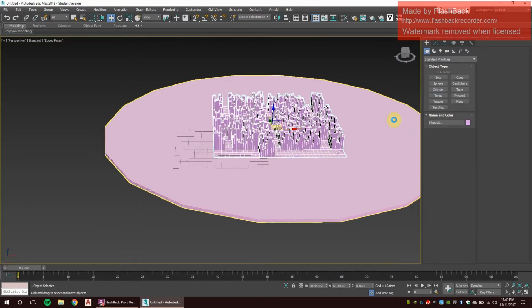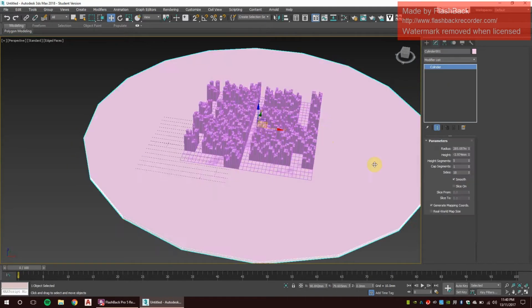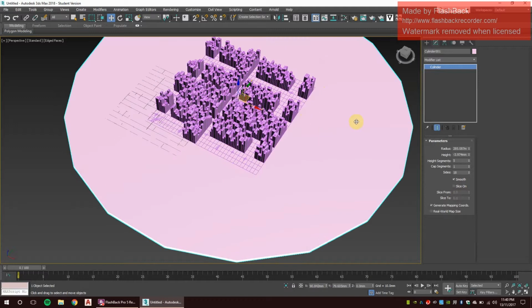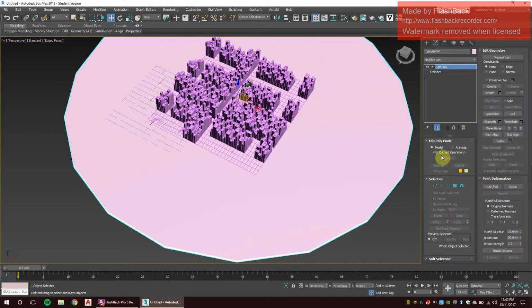So what we might actually do is copy this. Actually, yeah. So yeah, exactly. So what we can do now is we use editable poly, and